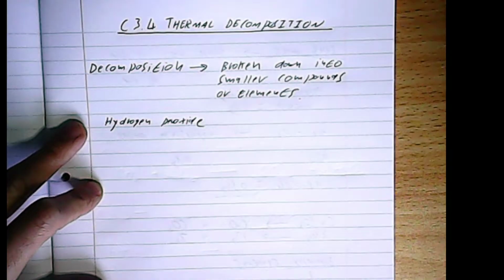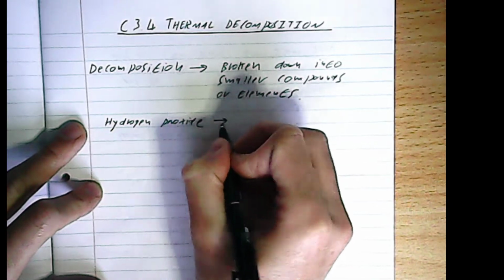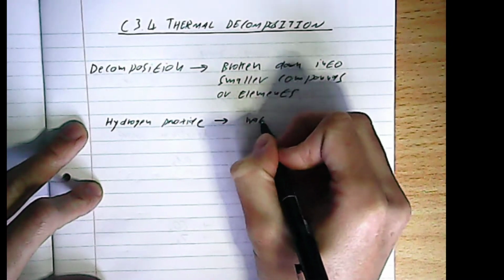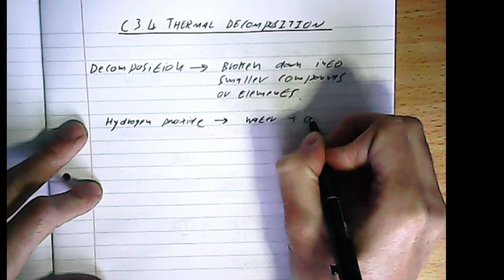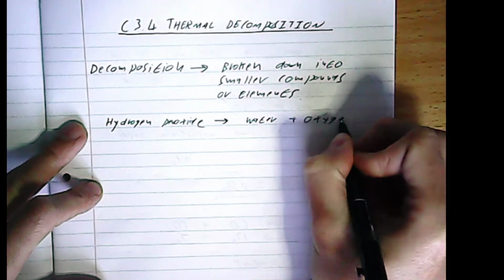Hydrogen peroxide, over time, decomposes and breaks down into water and oxygen. So that would be a nice simple word equation for the reaction of hydrogen peroxide as it decomposes and